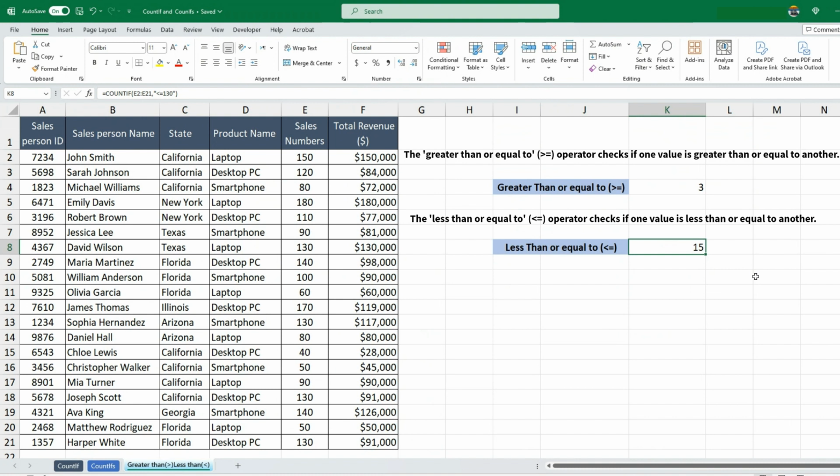These additional examples demonstrate the use of greater than or equal to and less than or equal to operators with the CountIf function in Excel for more comprehensive data analysis. These operators are crucial in allowing you to precisely define specific conditions, proving exceptionally useful for accurately tallying data according